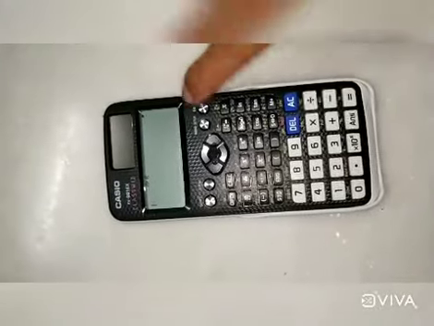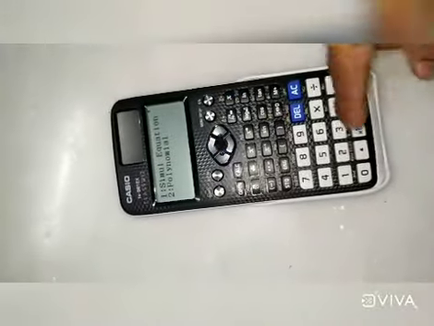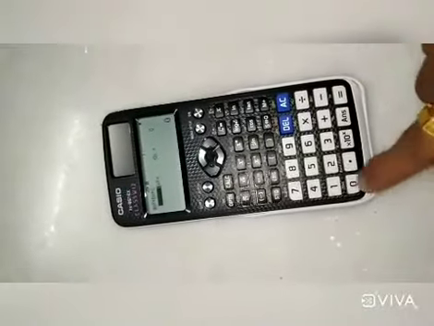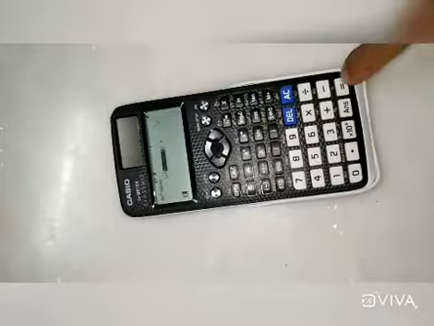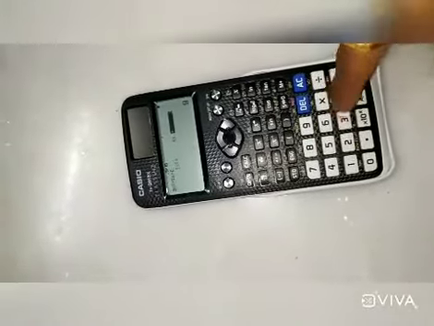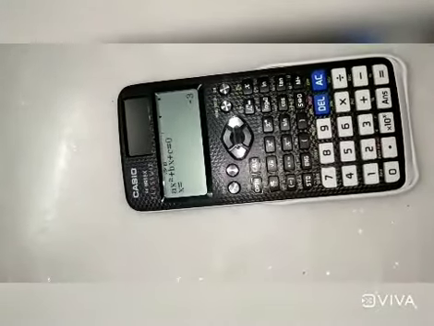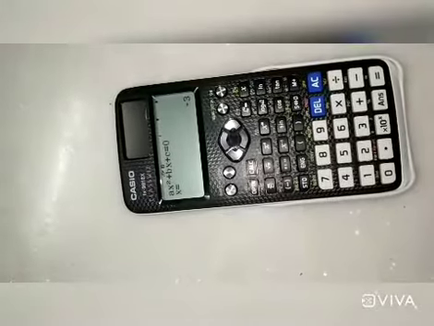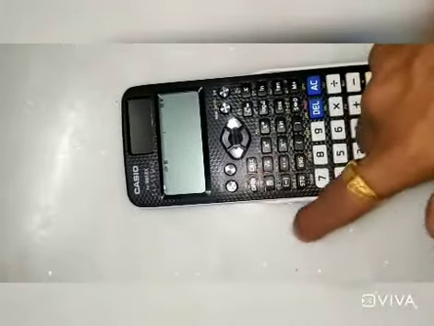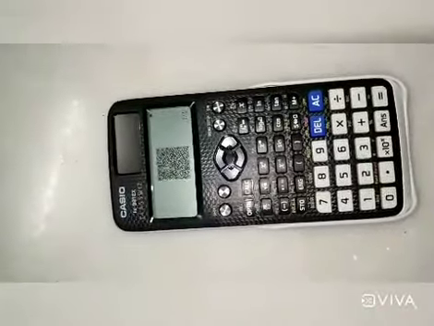Guys, I want to show you another feature of this calculator. So now we will see equation. We will choose polynomial degree 2. Okay, now we will insert variables. Here is the answer. But if you want an overview of this equation, we can do this from this option, shift plus option. So we will get a QR code. Guys, just think, you are getting a QR code on a calculator.